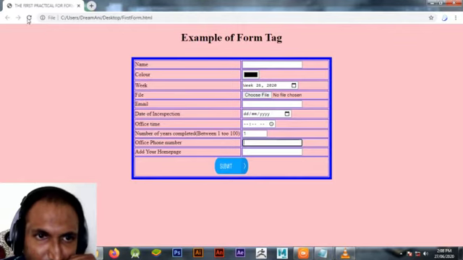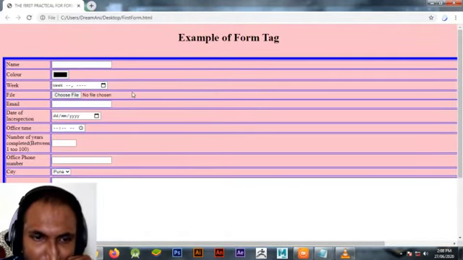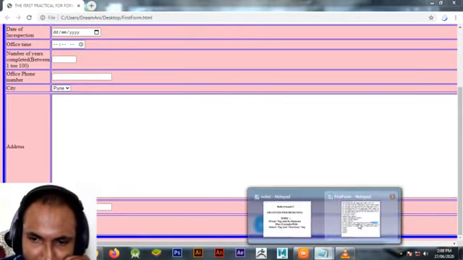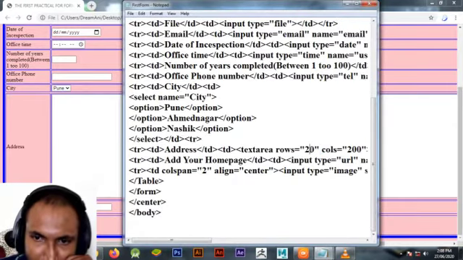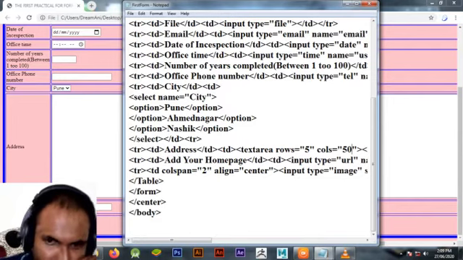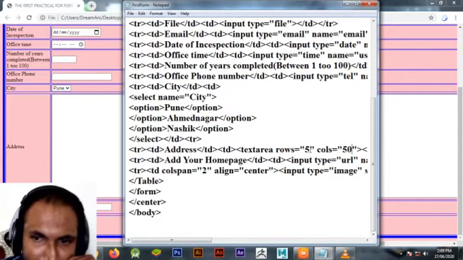See, I am refreshing this, so you can see the text area here. We will reduce the number of lines so you can see it properly. So I am taking just 5 lines and 50 columns, so that you can see it properly.